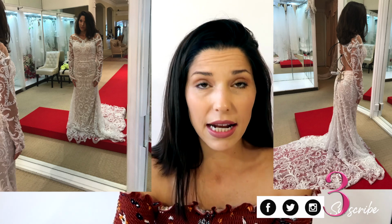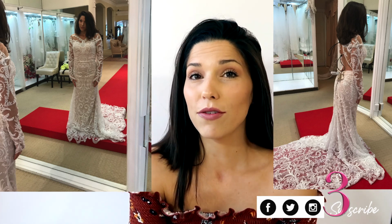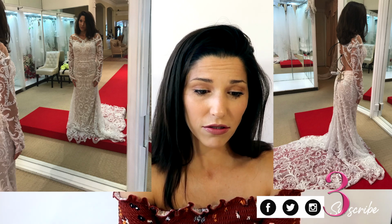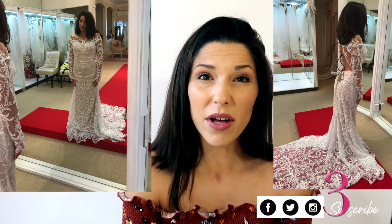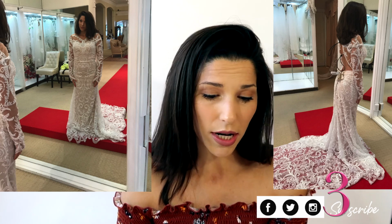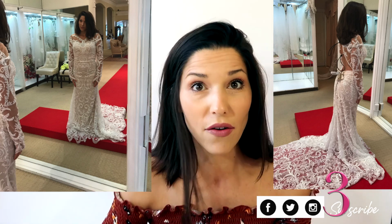And when I went in asking for what kind of dresses, I explained I wanted something vintage, classy, but also sexy, because I want to feel sexy and classy after having 2 kids, and I'm looking for that dress that makes me feel that way. So yeah, I'm gonna rate this dress a solid 3. It was not for me, but I am glad that I tried it on, just so I know now that